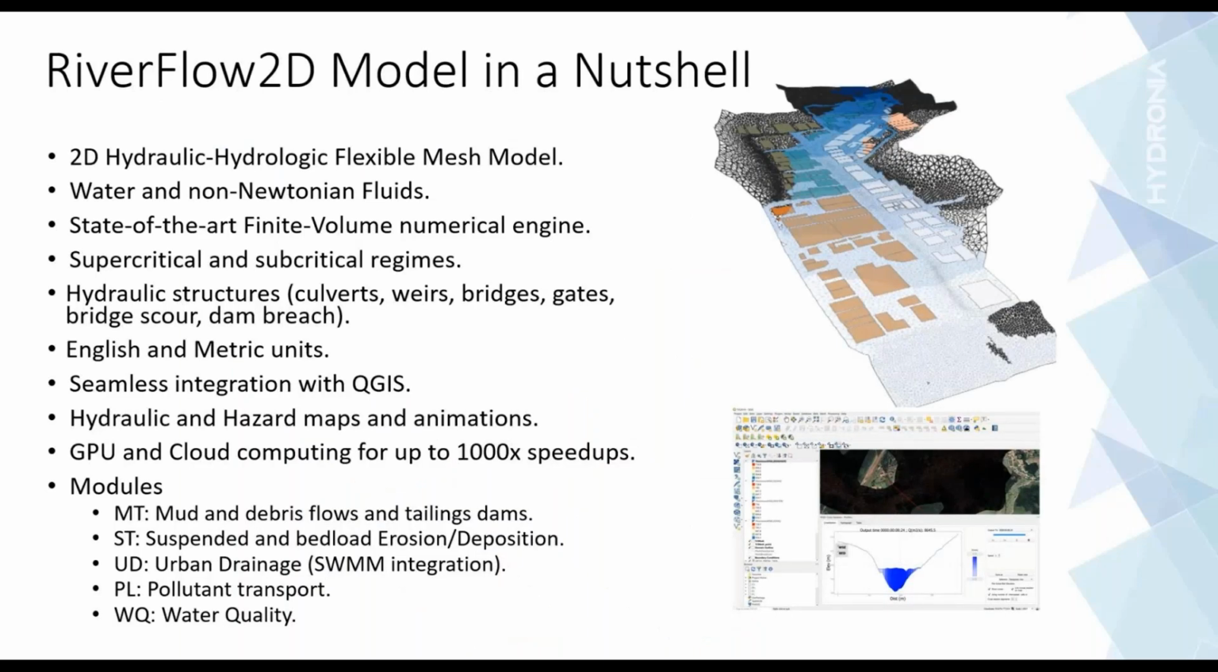Now, the model that we developed is the RiverFlow2D. And this is a two-dimensional hydrologic flexible mesh model that deals with water and non-Newtonian fluids. So we can have the standard two-dimensional shallow water model for water, but also can take into account the characteristics of the non-Newtonian fluids, which are the tailings or debris flow type of fluids. It uses a state-of-the-art finite volume numerical engine. And this is important because